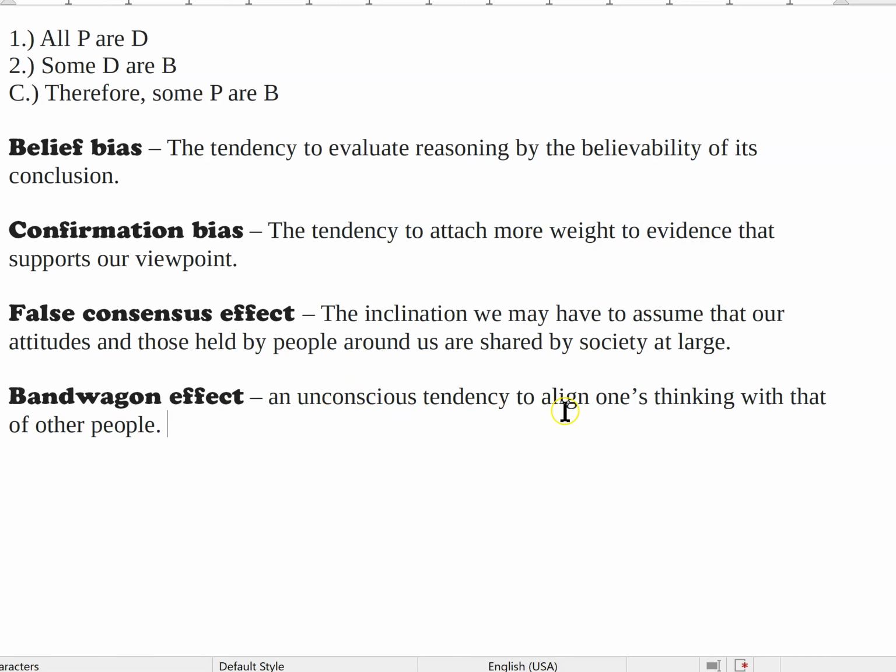So an unconscious tendency to align one's thinking with that of other people. Again, these are very similar, but they operate in different directions, right? So in the false consensus effect, those are attitudes we already have and the people around us already have, and we're incorrectly assuming that everybody has those attitudes. Whereas the bandwagon effect, you don't already have this position, right? You're aligning your thinking with that of other people. So,